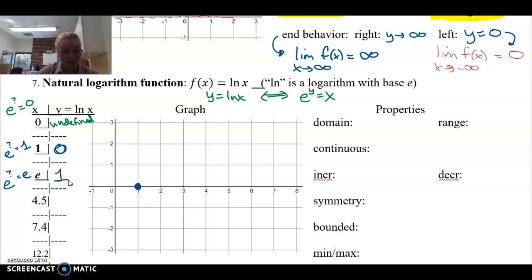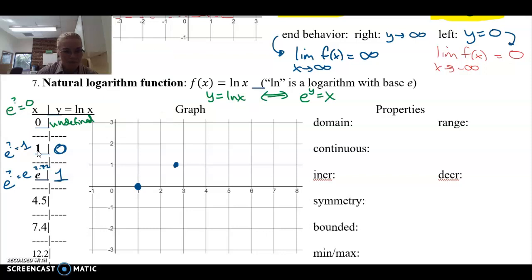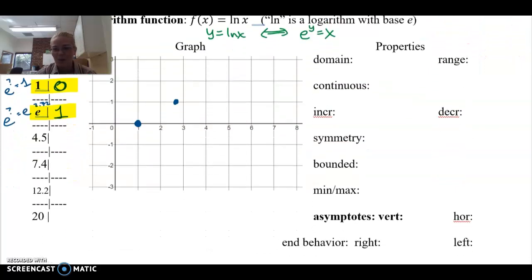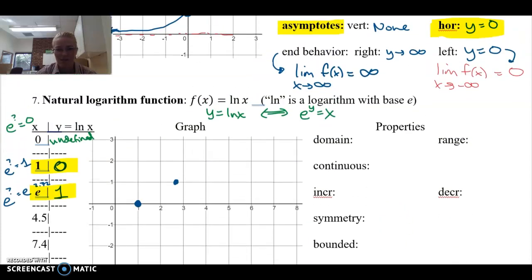Well, that's 1, right? E to the 1 is e. So what was e? E again was about 2.72, so 2.7, maybe about right about there, right? And if you can plot those 2 points, good enough, right? To give you, well, I probably should be careful, not quite good enough. If you can plot those 2 points and recognize that there is also a vertical asymptote,